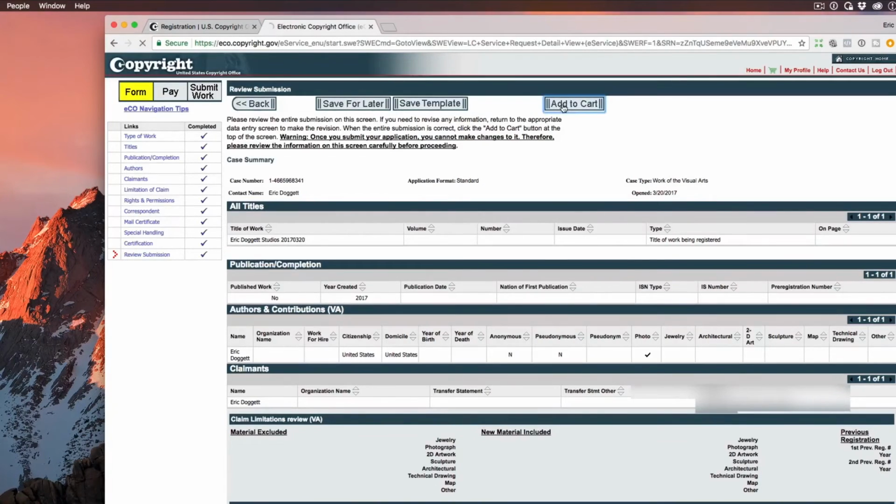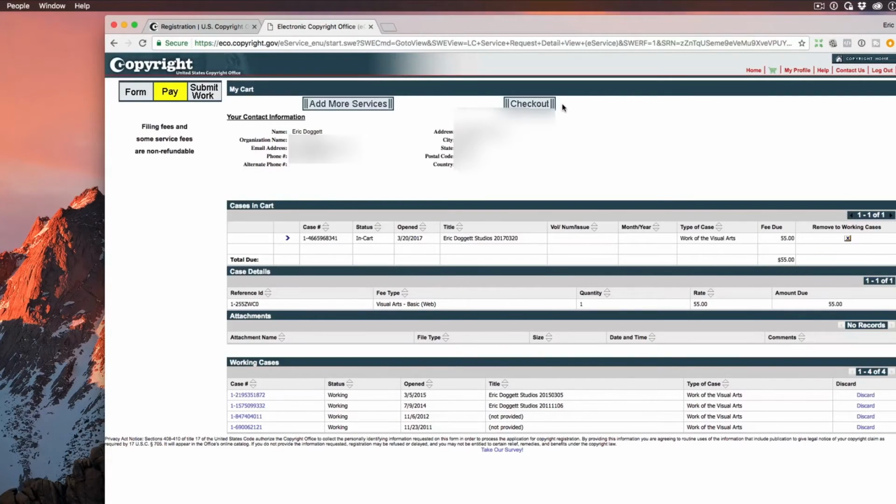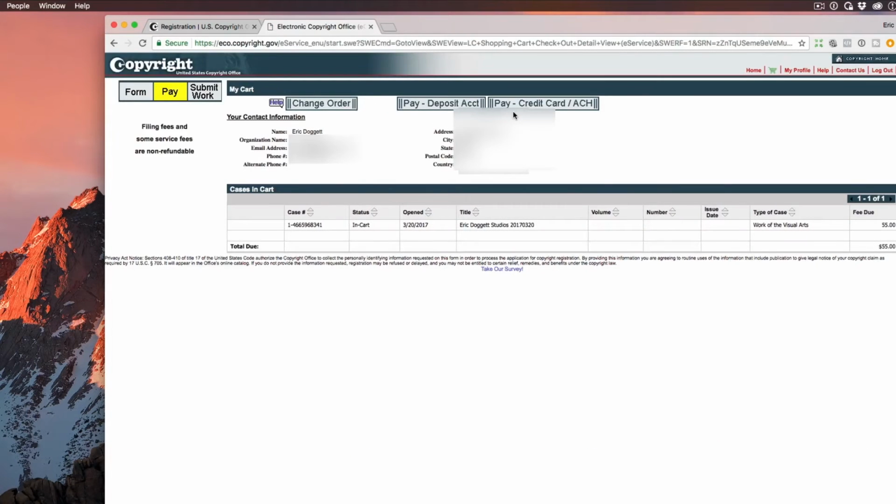So I'm going to say add to cart. And it's showing that the fee is $55 for this, and this is why you want to do bulk submissions whenever possible of like-minded material. So collecting a bunch of unpublished photographs or unpublished artwork, things like that, so that you can avoid having to pay this fee every time you want to copyright a particular image. It just makes no sense to do this on an individual basis unless you have some really pressing need for it. So I'm going to say checkout, and what they're going to do now is send me off to a